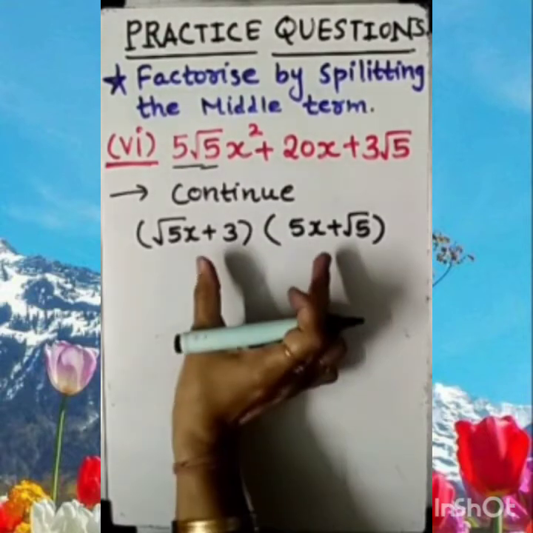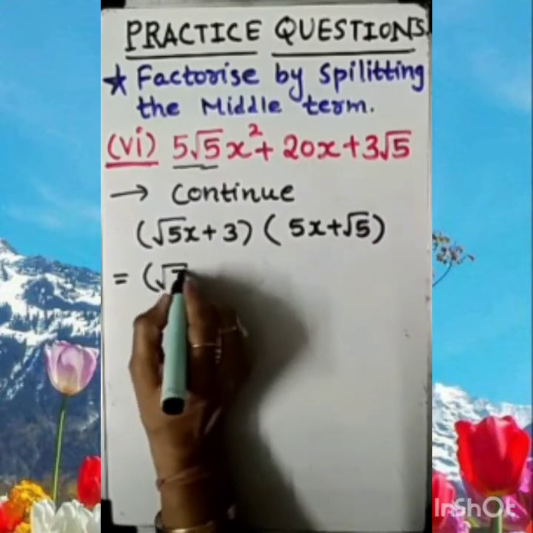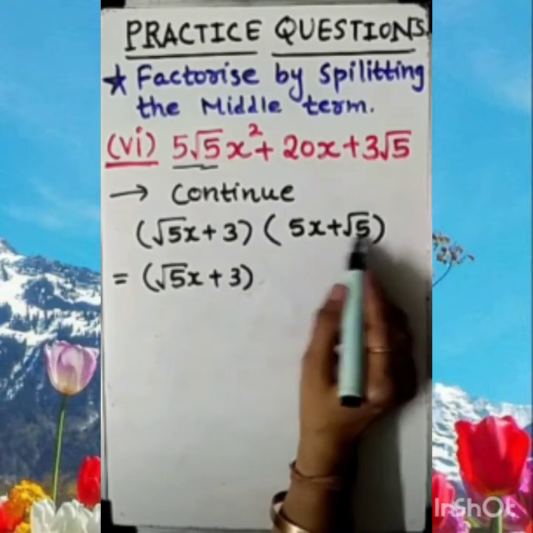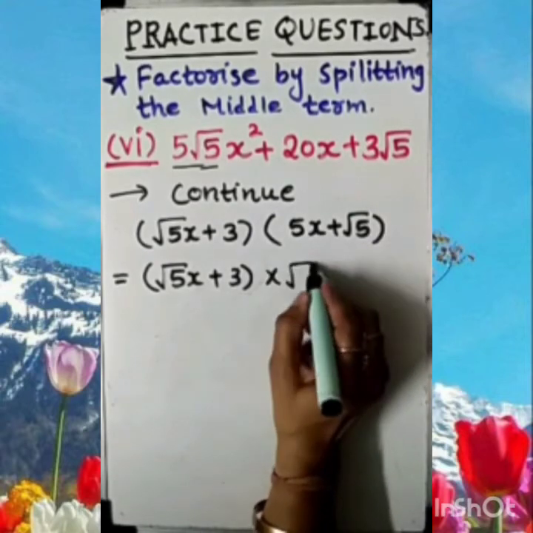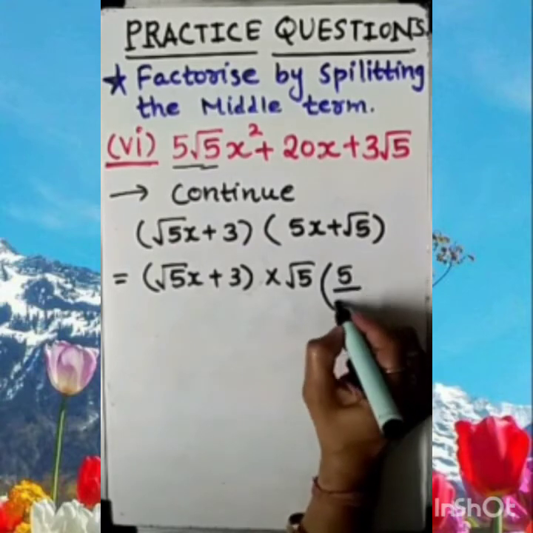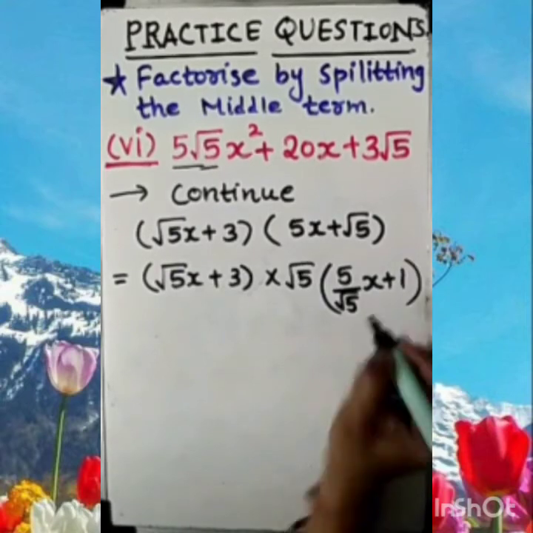So these two are the factors which we get. Some more simplification we can have of that also. This first I am keeping as it is. From these two terms I can take out root 5 common. So what will be left? Here it is 5, so it will be 5 by root 5. Here x plus root 5 is already common, so it will be 1 here.